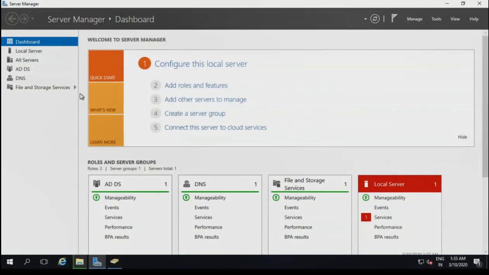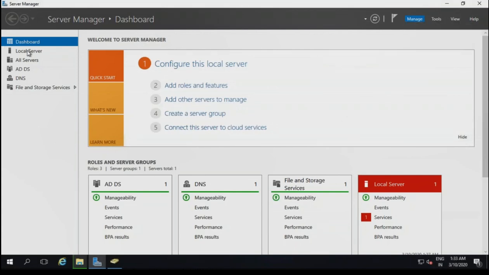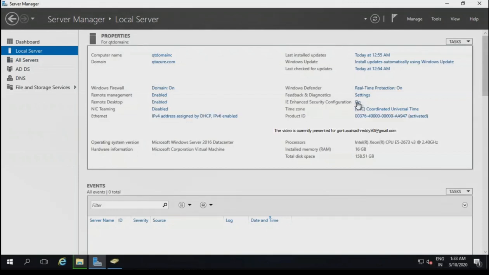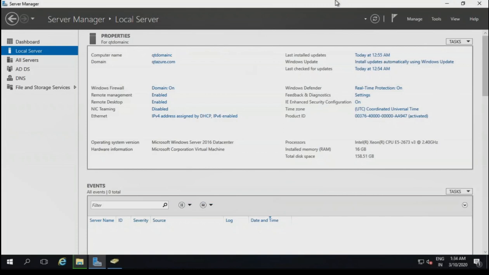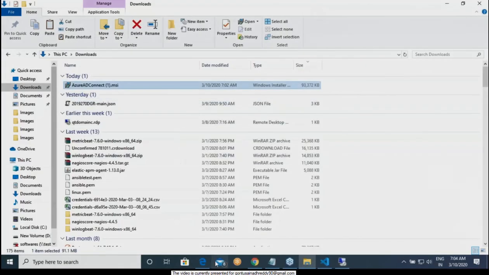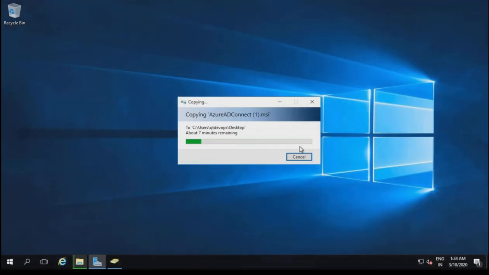We have a server manager. I think I need to go to some security setting over here. Manage local server. This one, right? Yeah. Good. Because if you have that, it will be very difficult for you to. Now let me go over here.